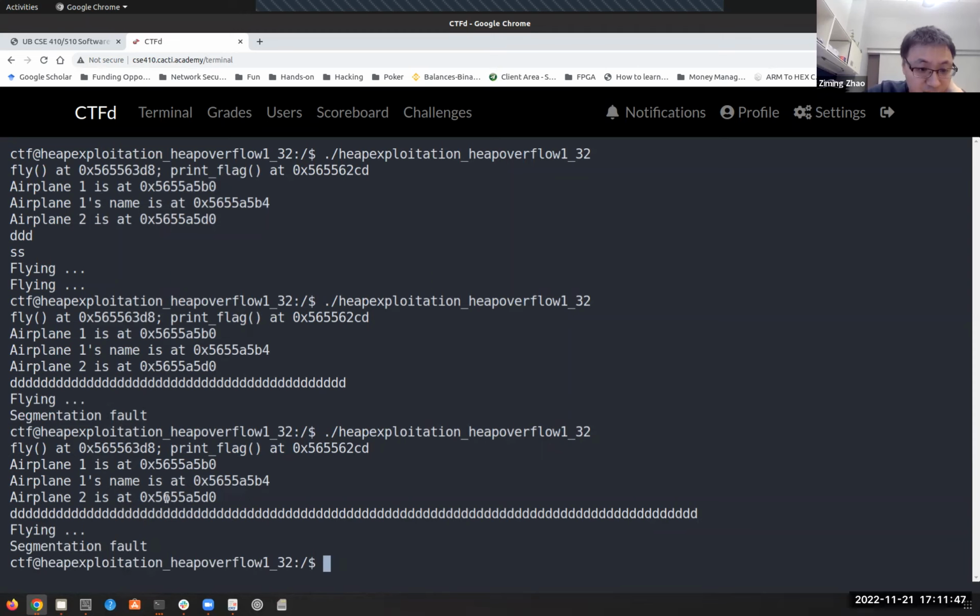So we run this twice. You can see they always have the same size and the same address. So airplane 1 is at B0, airplane 2 is at D0, which means, how big is that? That's 32. That's 30, B, C, D, right? So that's 32 bytes. So our exploit should look like,